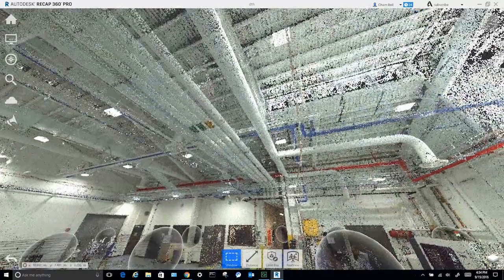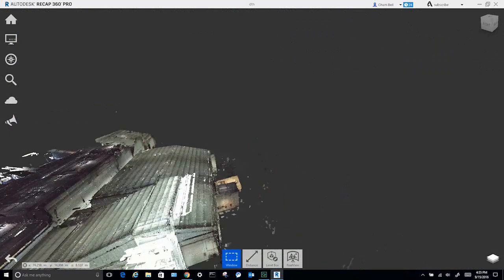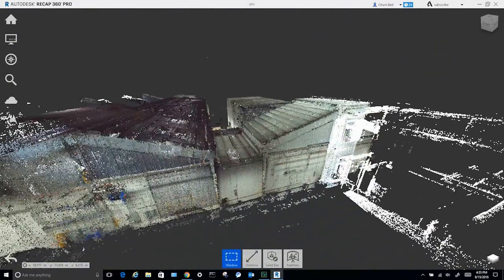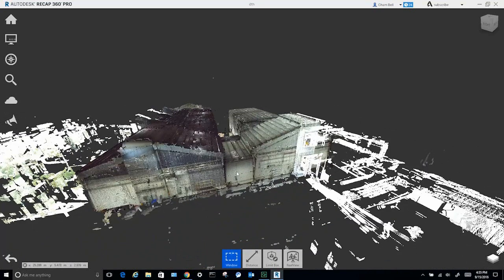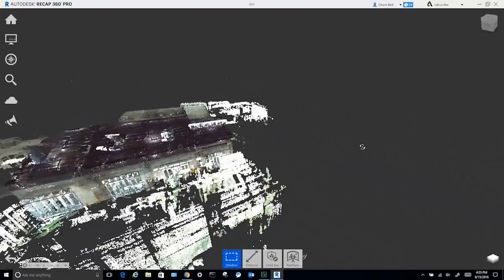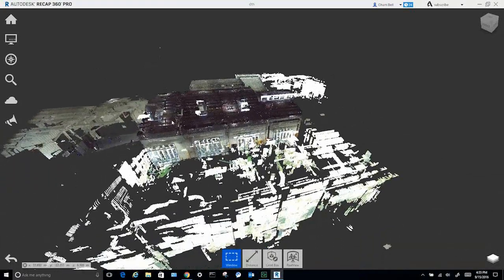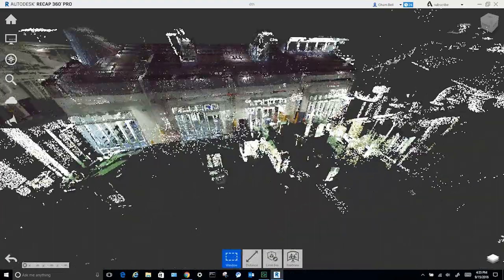With the interest of time, I am going to back out of this altogether, and what you are seeing now is, I wouldn't call it an exterior view, but we've gone outside the object area, and you're still seeing the inside coloration of the content that's in the lab. That's pretty interesting. What we could do is build upon that and take an exterior scan as well, and that would give us additional